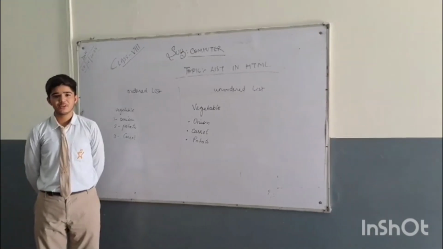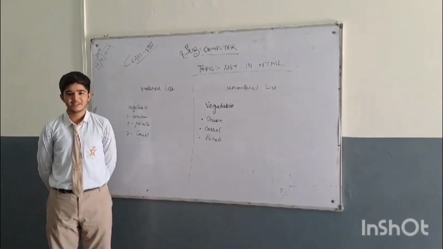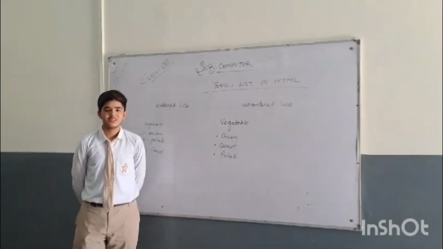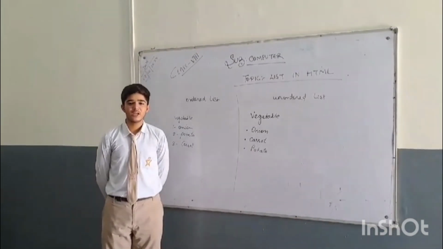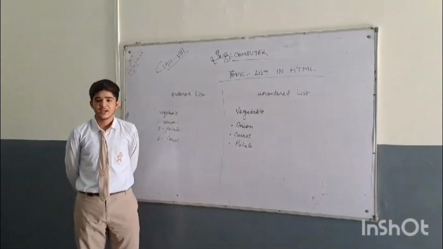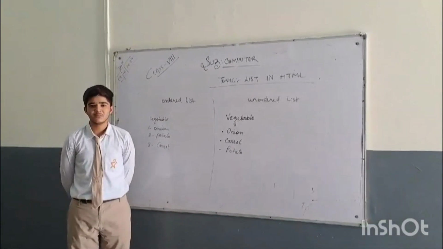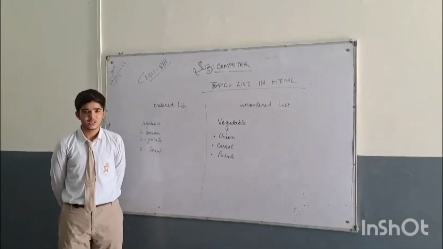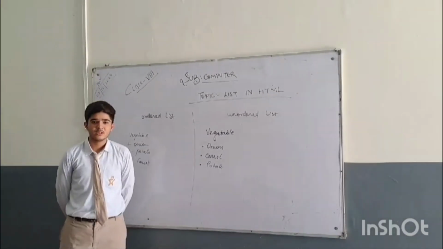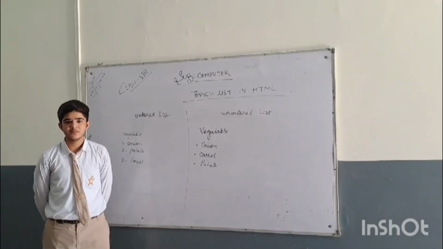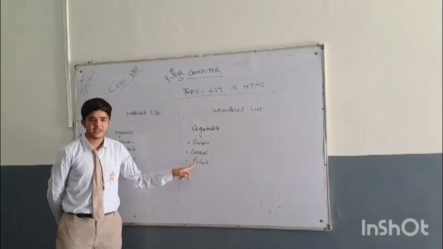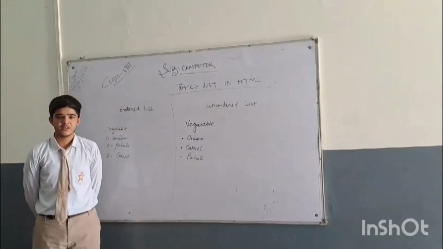A very good morning to all of you. This is Prabchal from class 8. Today I am here to present a topic in computer. The topic name is list in HTML. There are two types of list in HTML. First is ordered list and second is unordered list. In ordered list, we see the numbers of anything in sequence. There you see onion, potato and carrot. In unordered list, you see the items not in serial. You see onion, carrot and potato. They are changed. Thank you and have a nice day.